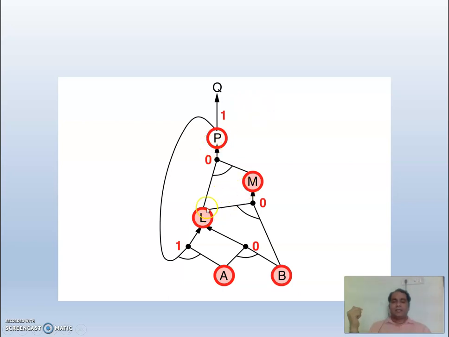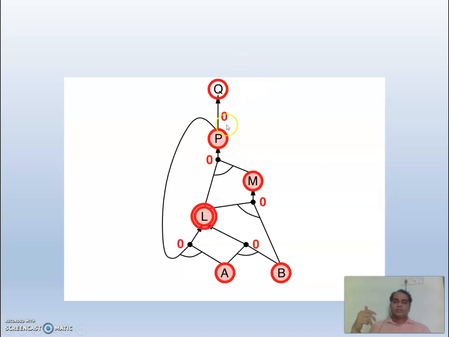From L and M I can get P, but if I come to L from A and P, that will give me L, which is already visited. So I need to explore further from P, so that will lead me to Q, that I have used that implication. So I am getting P implies Q. This is how I am able to derive Q from the knowledge base. So this is forward chaining, started from facts and came up to the goal that I want.